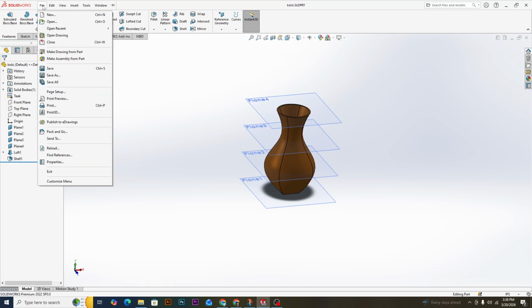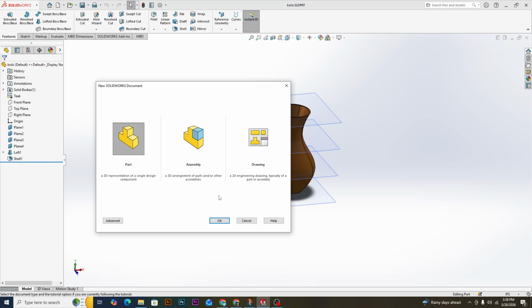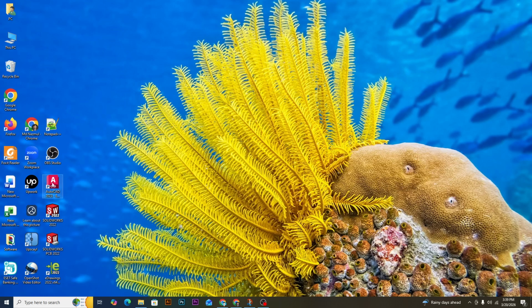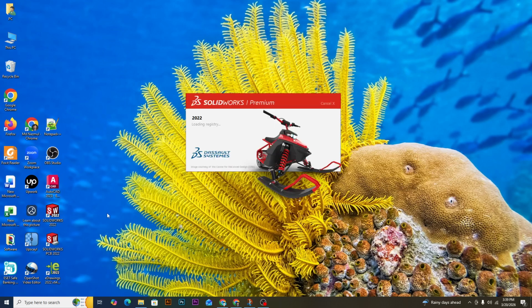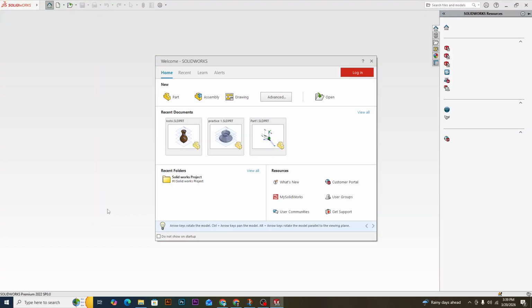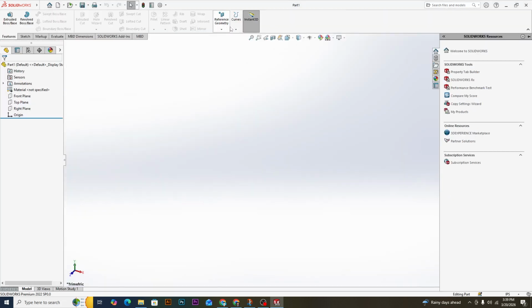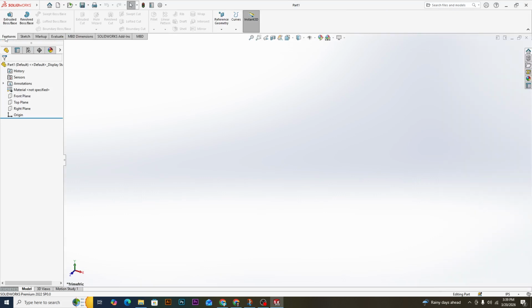You need to click on File, then choose New, then click on Part, then OK, or you can directly open SolidWorks, then click on Part, then click on Features. After this you can get the Reference Geometry. Click on here, then click on Plane,